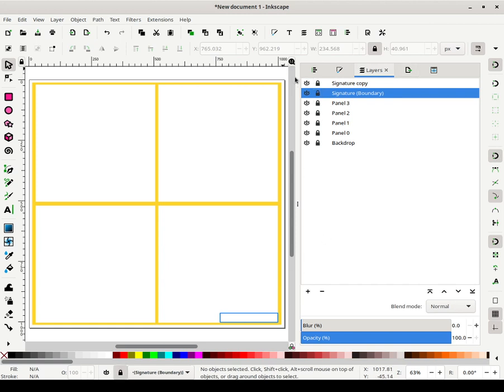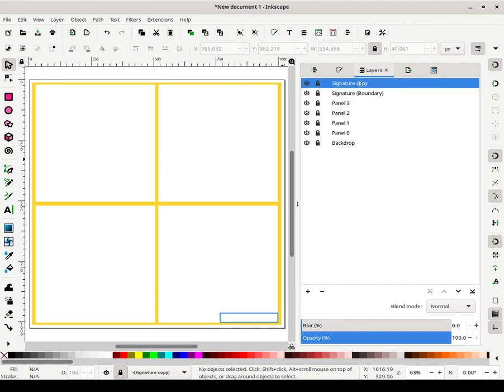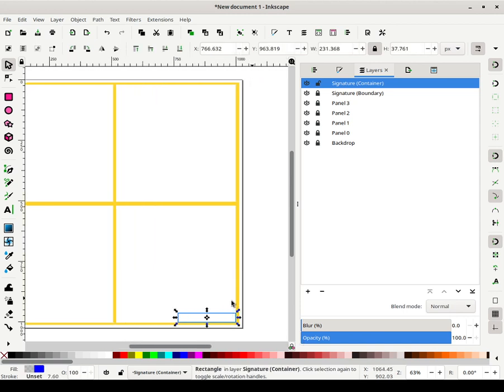Right, so the signature boundary will not be visible in the final comic. This is what you would see without any things added to the panels. But the signature boundary is there so that when you actually do write your signature, you have an idea of where it would fit. And the layer above it, call this container, signature container. This will actually hold your signature, but it will have a transparent object in it. Let me make sure it's still there. Great. So it has a transparent object in it, and that transparent object will actually be used to clip your signature within the boundary. Okay?